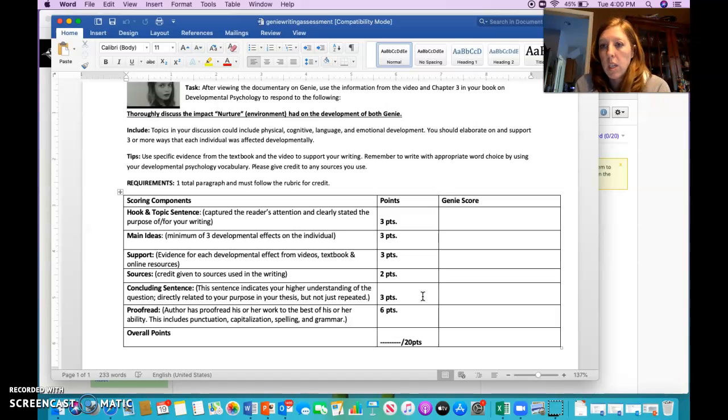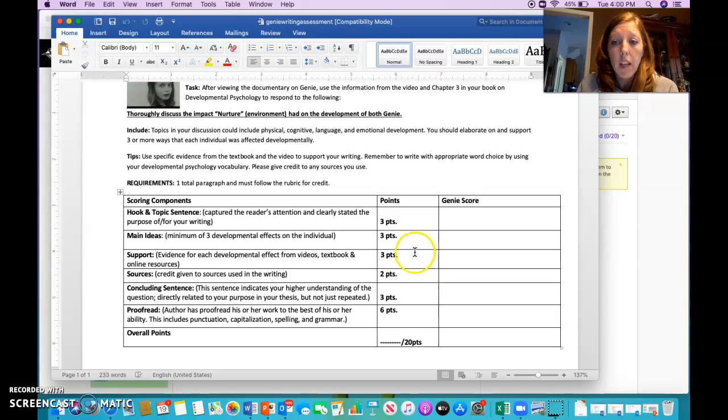So you don't have to get a 20 out of 20 on this in order to get your credit for doing the assignment for the week, but you also can't get a 3 out of 20 or a 6 out of 20. I need to see that you put some quality effort into this, and I need to be able to gauge your level of understanding of the topic. All right, so the rubric is there as a guide for me, so I have something to go off of, and to gauge how well you understood the content and material, and also to be able to give you some feedback.